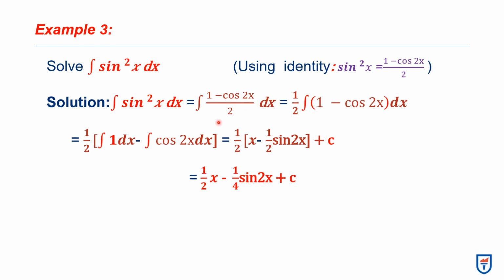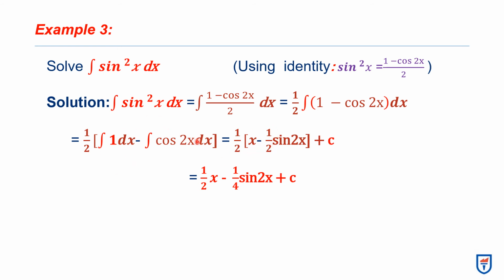So we factor out this 2, which is our denominator, and we're going to have half integral of 1 minus cos 2x dx. So we solve the integral of these terms one by one. So we're going to have an integral of 1 minus integral of cos 2x dx. So integral of 1, we'll factor this half outside, so integral of 1 is equal